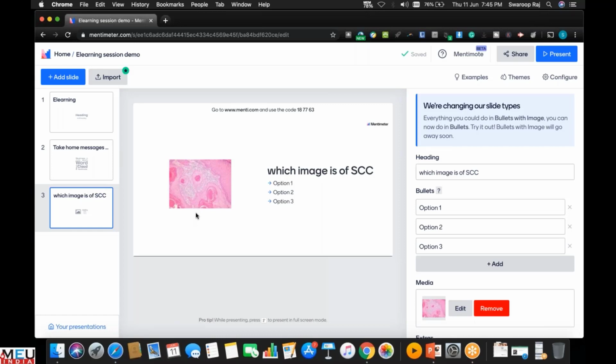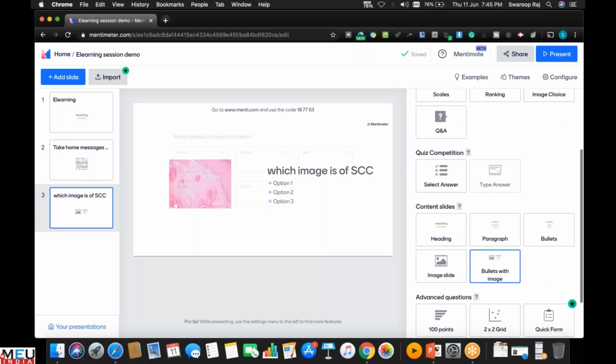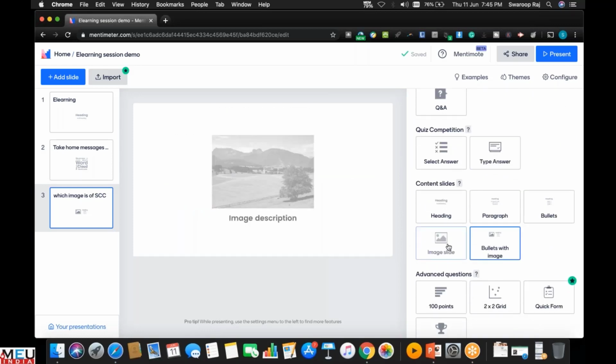But in Mentimeter, you can have it all in one app. In between your presentations, you can have these questions and quiz. The limitation is that the settings you get for the slides are very minimal. So you have then bullets with image and image only.